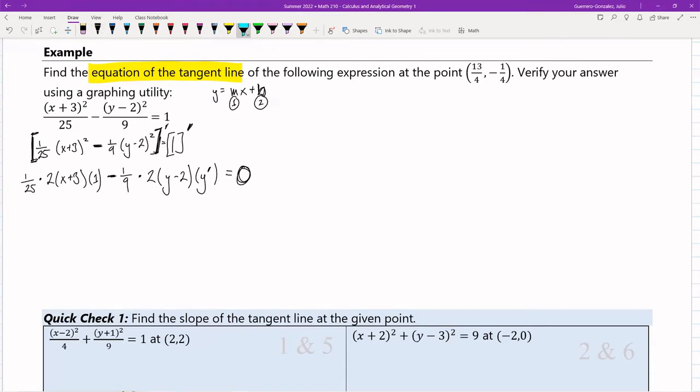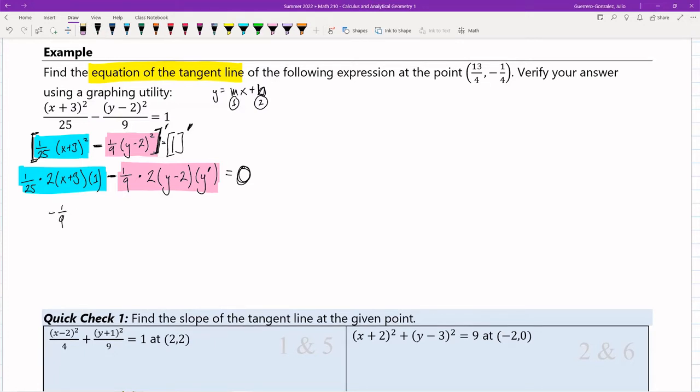So let me denote what I did. This derivative right here is this portion right here, and this derivative right here is this portion right here. From here, the interpretation is just as you remember it. We need to find y prime. That's our derivative, which is going to get us the slope of the tangent line. So our goal now is to find that y prime. You can do anything you want so long as you get y prime by itself. So that means I'm going to grab all of this stuff and move it over to the other side. So it's going to be minus 1/9